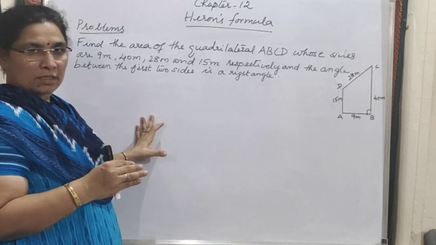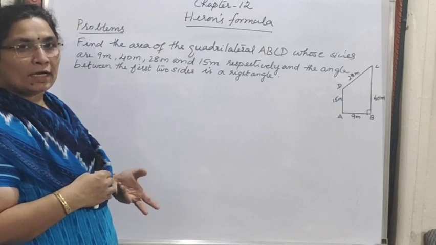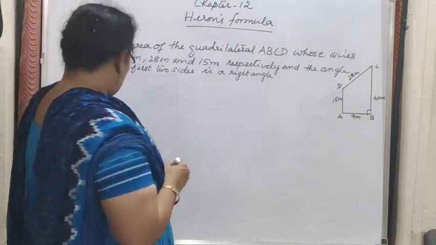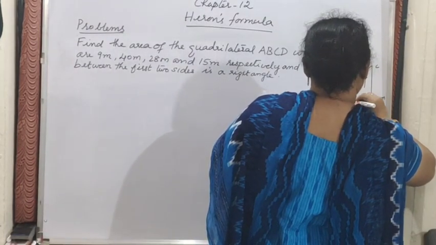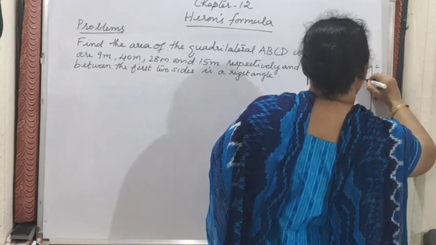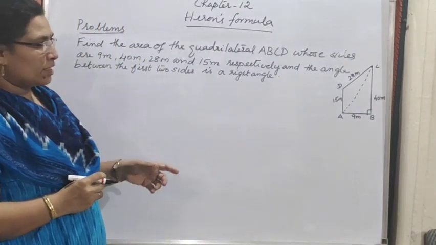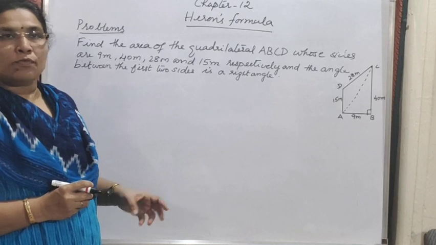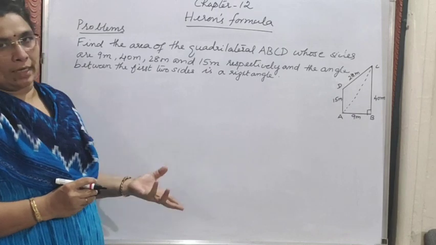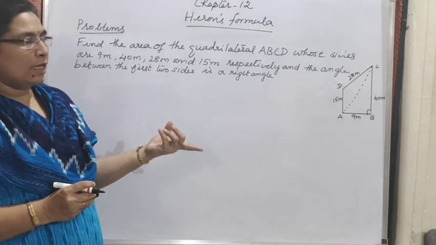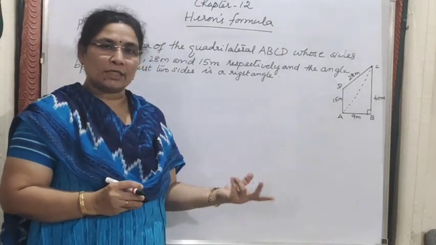Quadrilateral question is given, but by joining the diagonal, you know that it is divided into two triangles, right? So I'm joining AC. You can see two triangles there, ABC and ACD. If you want to find the area of the quadrilateral, what should we do? We should find the area of the two triangles, ABC and ADC. Have you got the idea? So even if the portion is deleted, you can apply it very well.